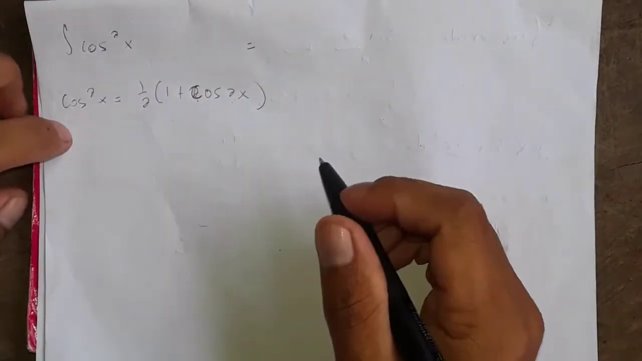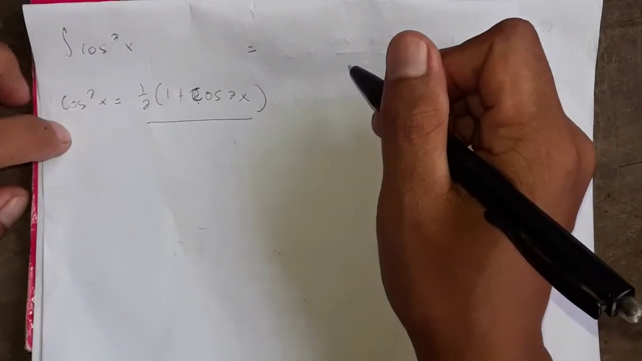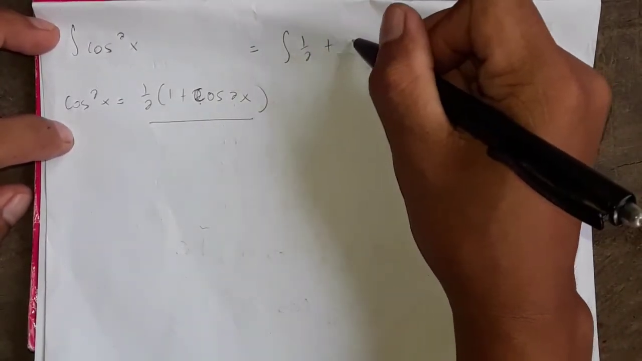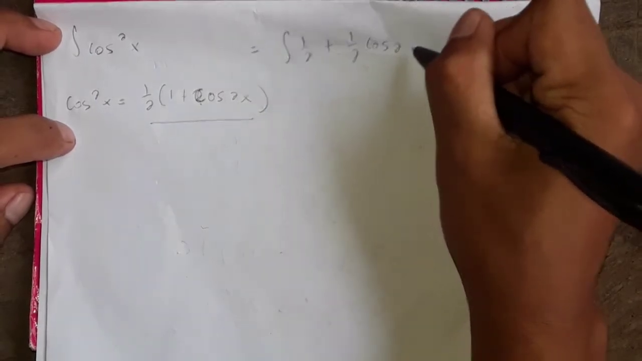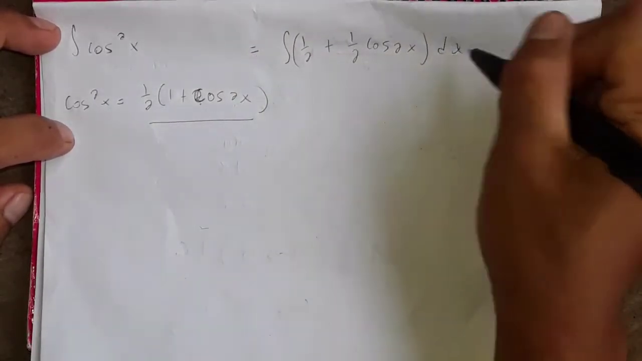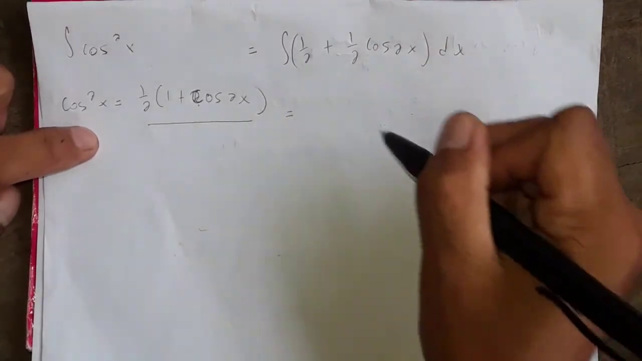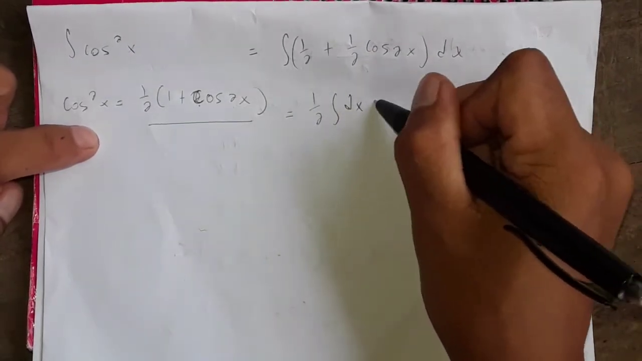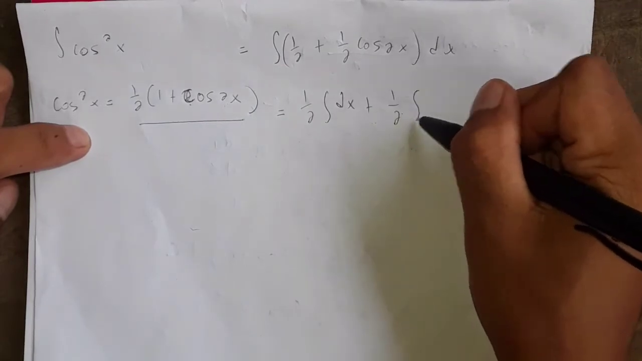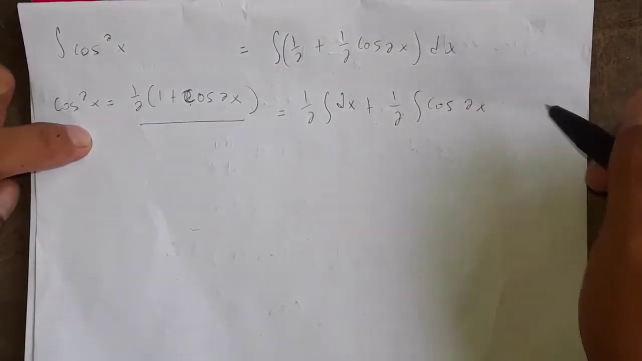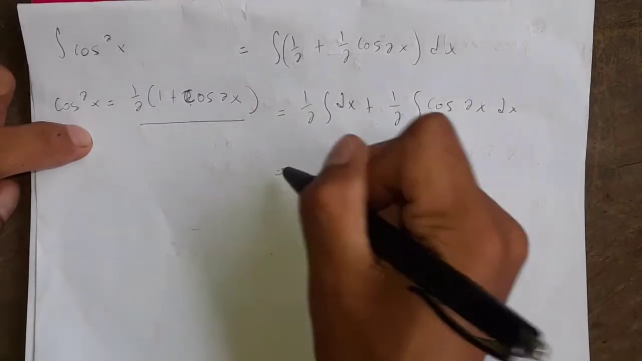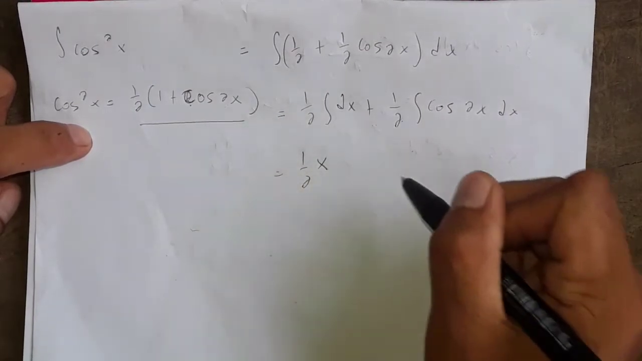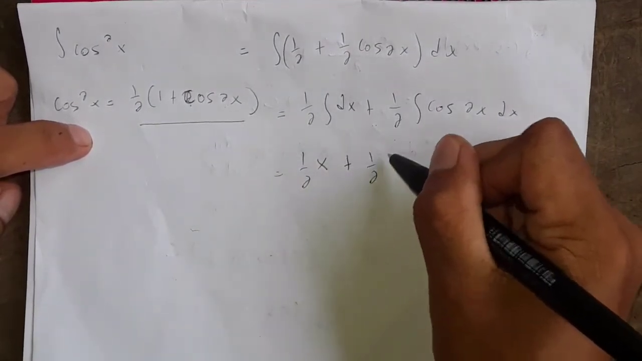So therefore, by substituting it to the original function, it would become the integral of 1/2 plus 1/2 cosine 2x dx. By simplifying, we have 1/2 the integral of dx plus 1/2 the integral of cosine of 2x dx. So in simplifying, we have 1/2 times the integral of dx, which is x, then plus 1/2 times the